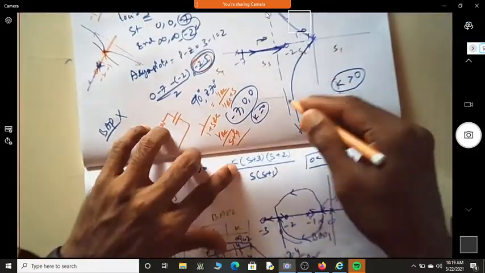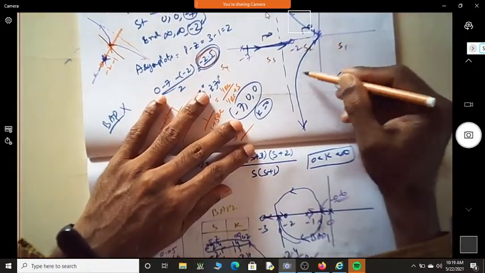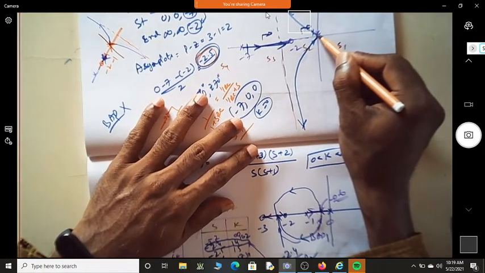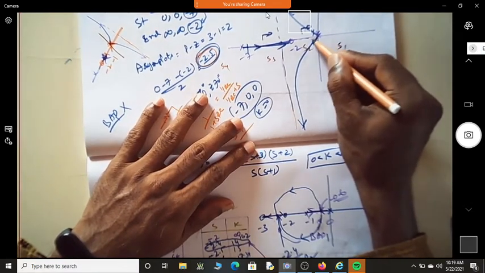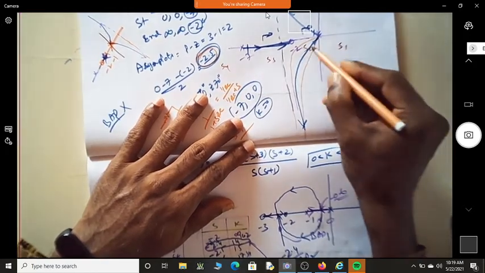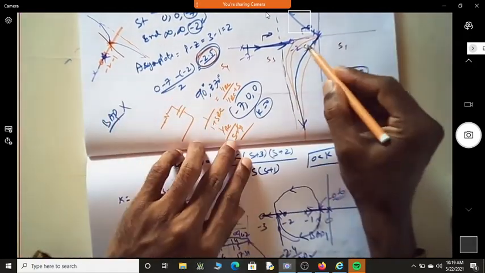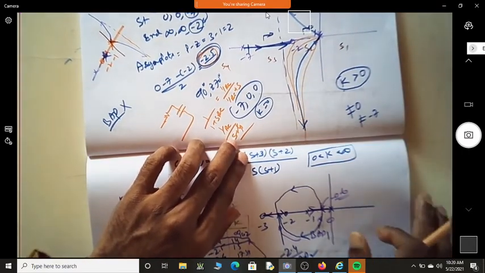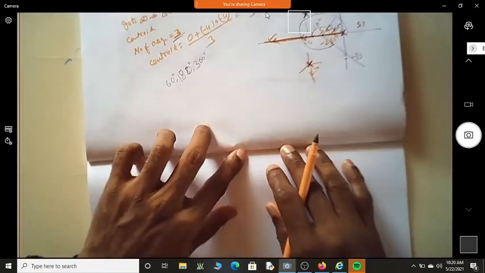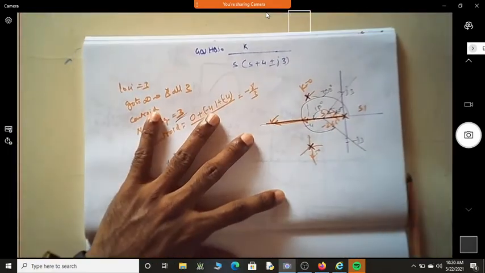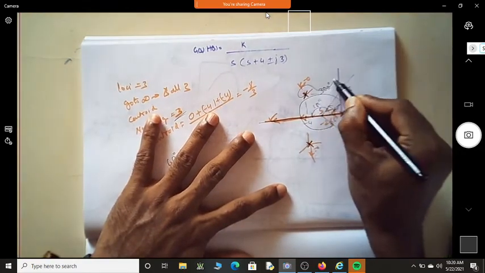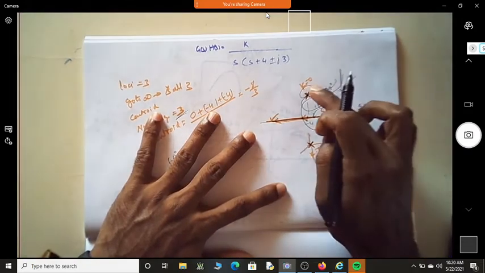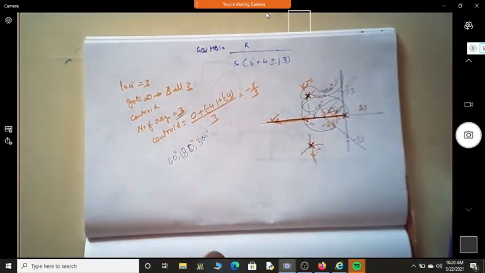Here also, of course, you may argue that, okay, sir, how did you write this part? Because I know that this is my asymptote, I know that this is the point at which it leaves. So someone can write it this way, someone can write it that way. It doesn't matter. But finally we are looking at, will it come parallel to this? But in this case, I don't know how it goes. I need to identify the angle of departure.